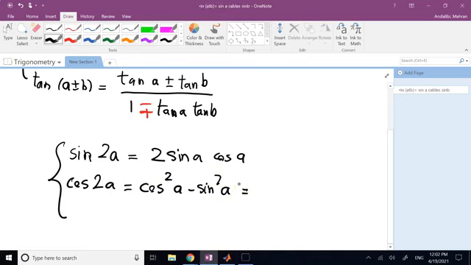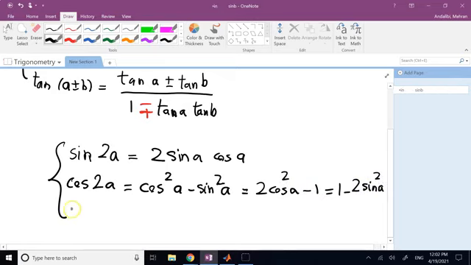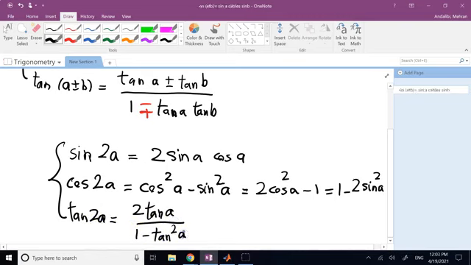You can also write it as, if you replace sine squared with 1 minus cosine squared, you can rewrite it as 2 cosine squared of a minus 1, or 1 minus 2 sine squared of a. You can also write it that way, and of course tangent of 2a, if you do it, you are going to get 2 tangent of a over 1 minus tangent squared of a. Okay, so these double angles are very useful,